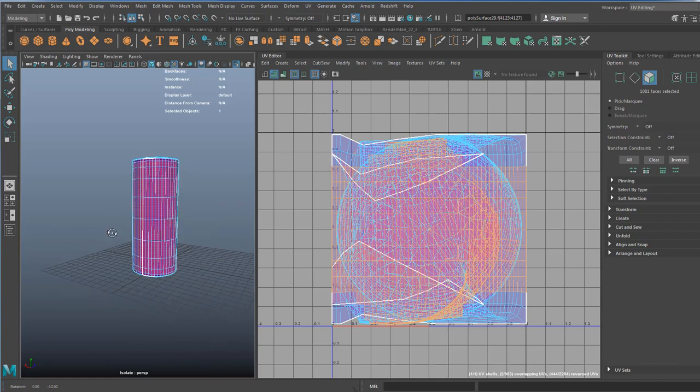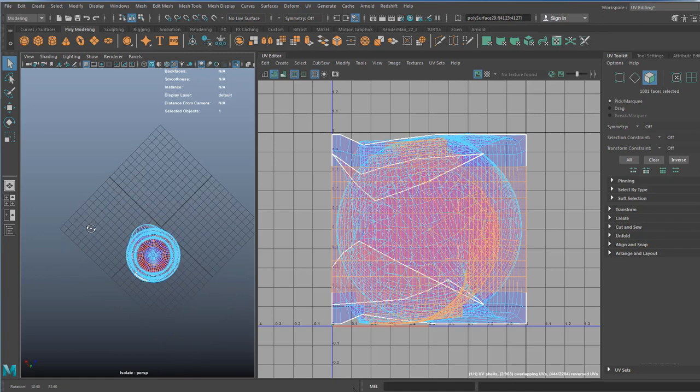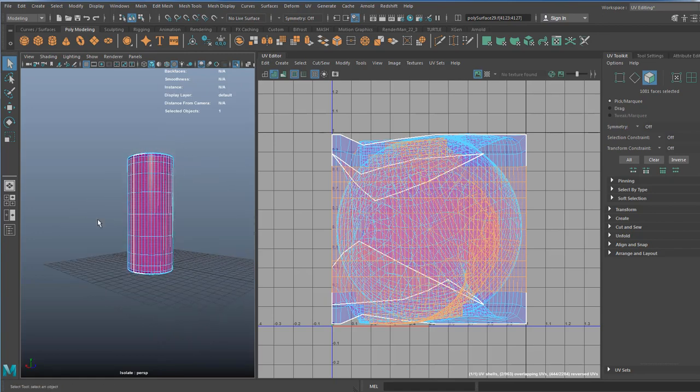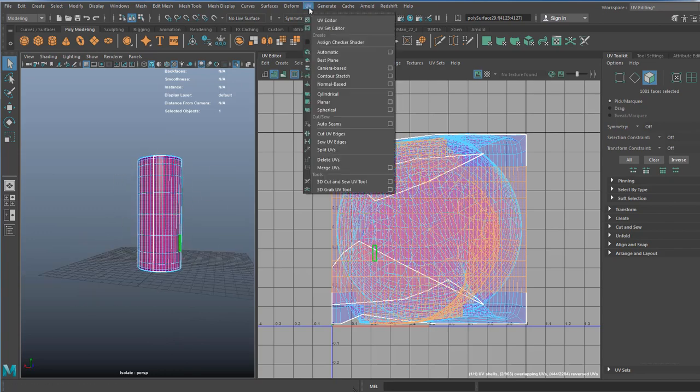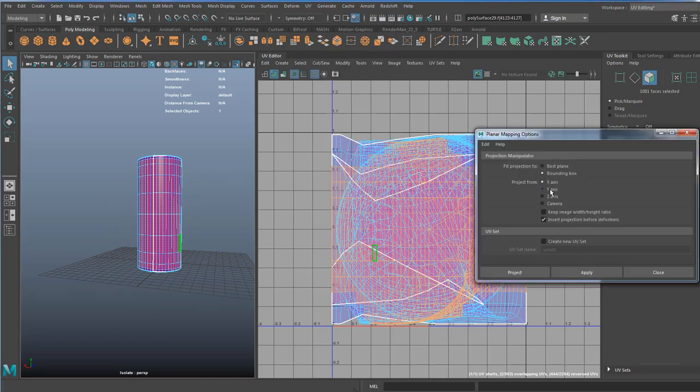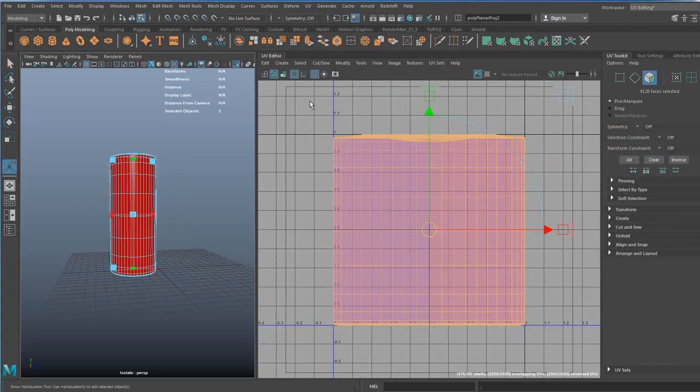Now, first step, projection. Well, you may ask what axis? Y, X, or Z, which is not really that different from X. So I would like to see the bigger portion of my model. So I'm going to go planar. Definitely not Y. It can just stay at X. I have my